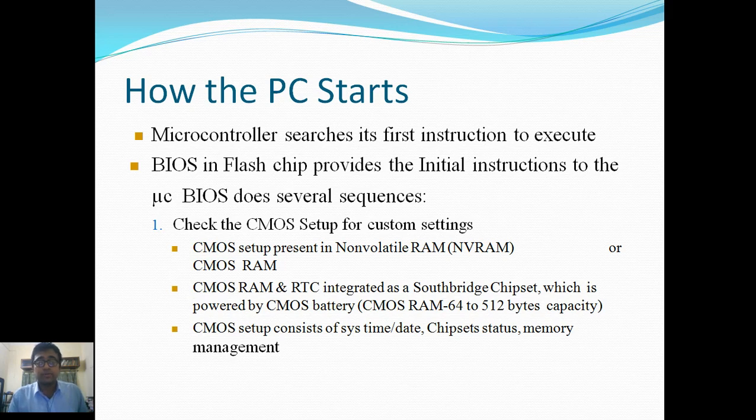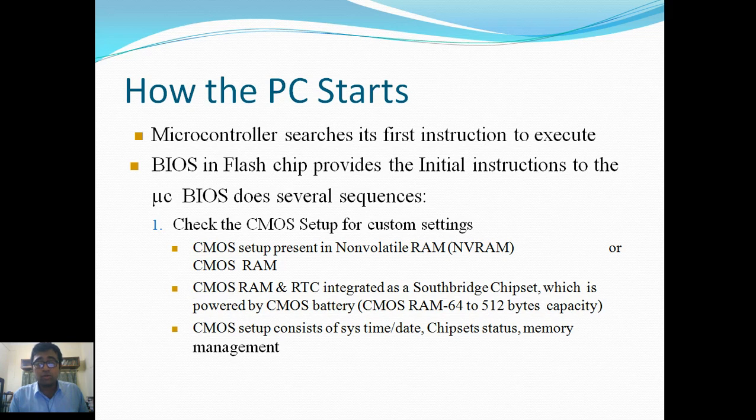First, the microcontroller searches for the first instruction to execute. As we switch on the button, the BIOS in the flash chip provides the initial instruction. The BIOS does several sequences, such as checking the CMOS setup for custom settings.